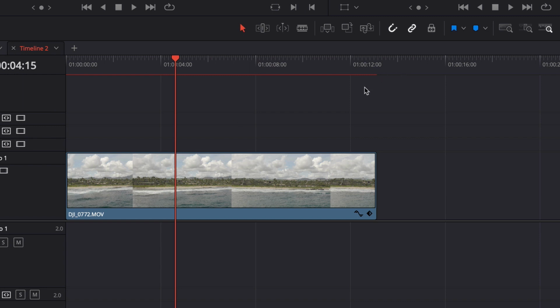And sometimes it won't start caching unless I have played that clip back for like 1 second. If I've let it play back at all, then it'll start generating the cache. But other times if I don't do that, it won't cache in the background. I don't really know what that's all about. I don't know if that's something on my end, Resolve's end, or what the problem is there, but it is